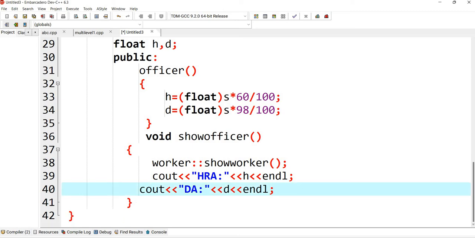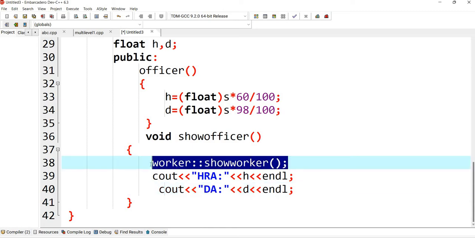Why have I written this line? I am just calling this member function within this member function. That means when I call show officer, it will display the show worker data as well as the show officer data, both. So earlier I took code, name and salary, and along with these, HRA and DA will also be displayed.